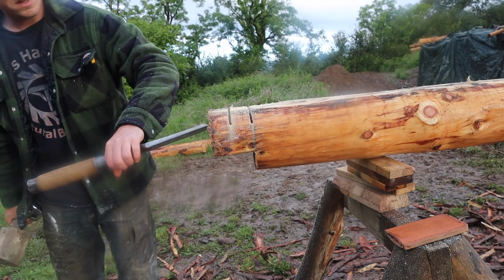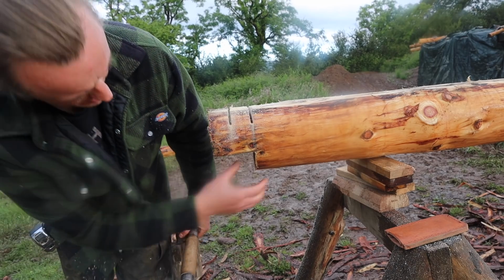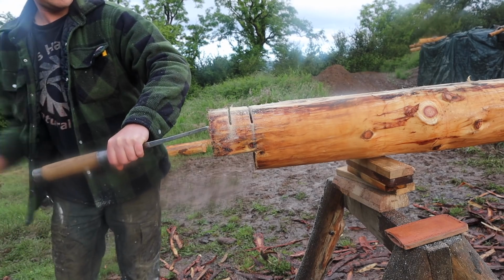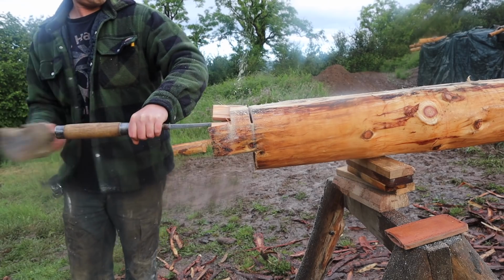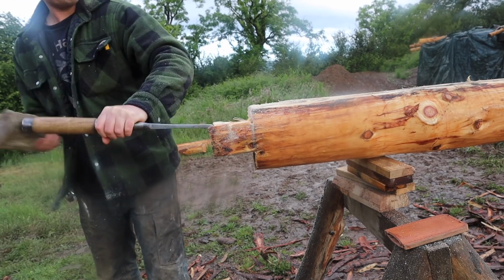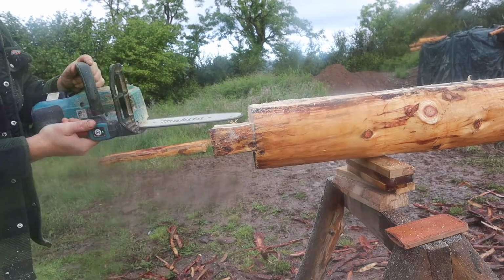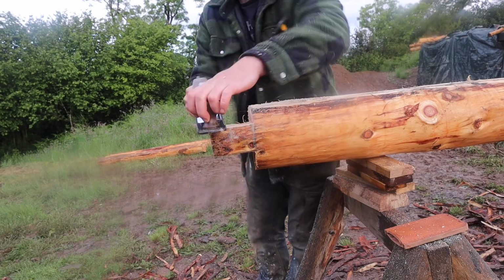So I'm only putting a little tenon on this because I want a big bearing surface for that roof to sit on, so it's just a little small tenon. So just smash these off here. And I just get a shoulder plane,